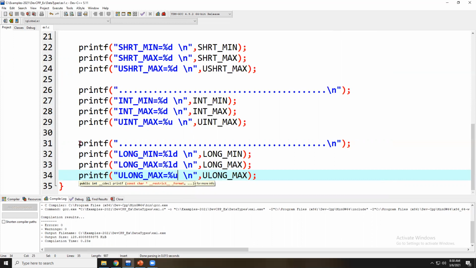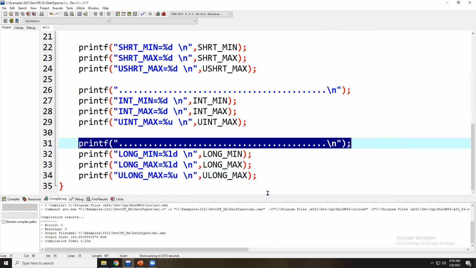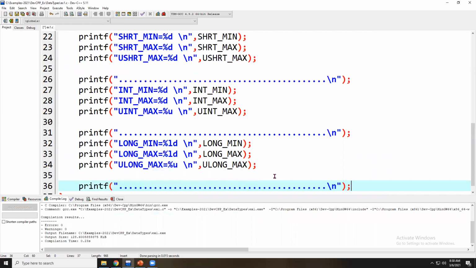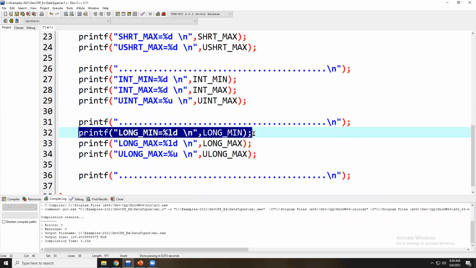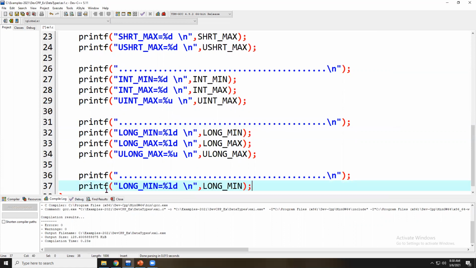Next, I try to print the long min value. Observe, I go with LONG_MIN.